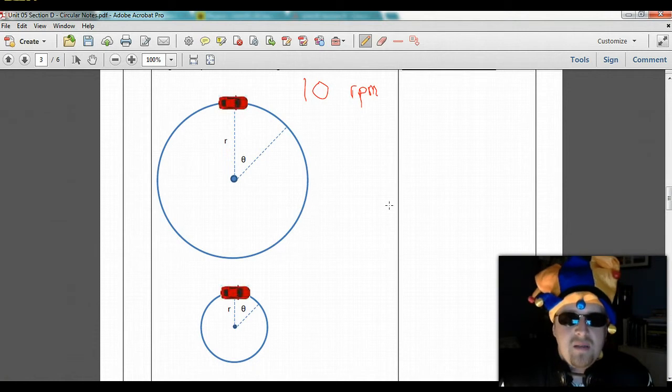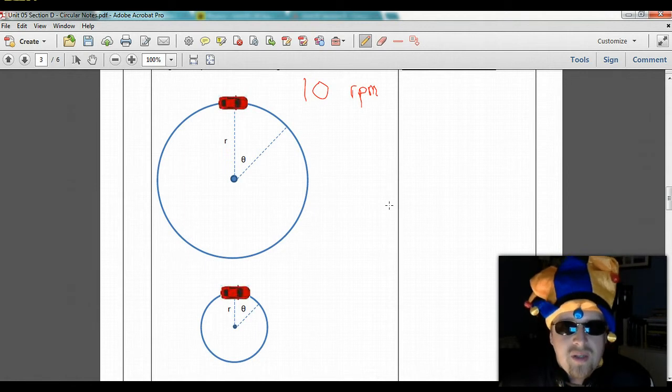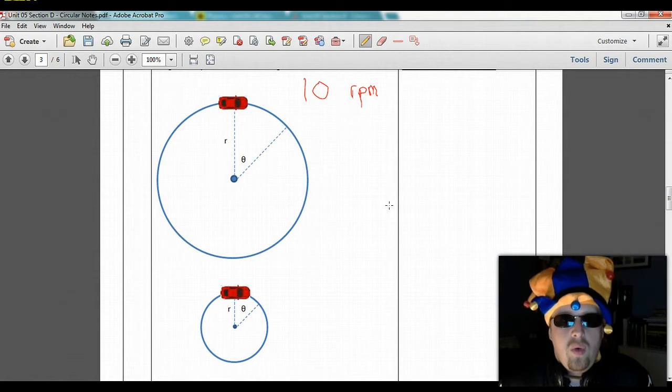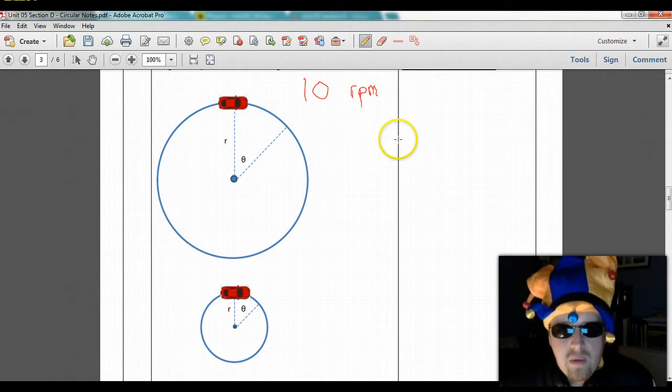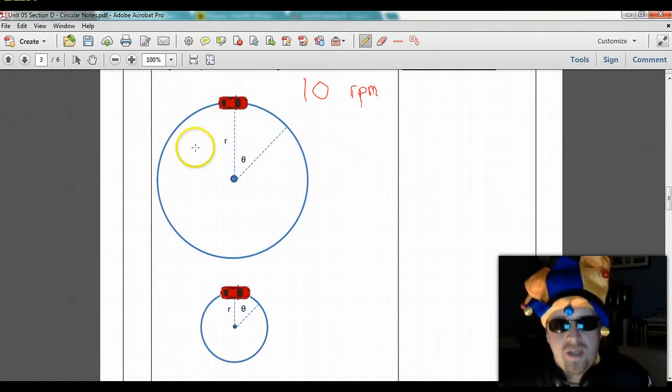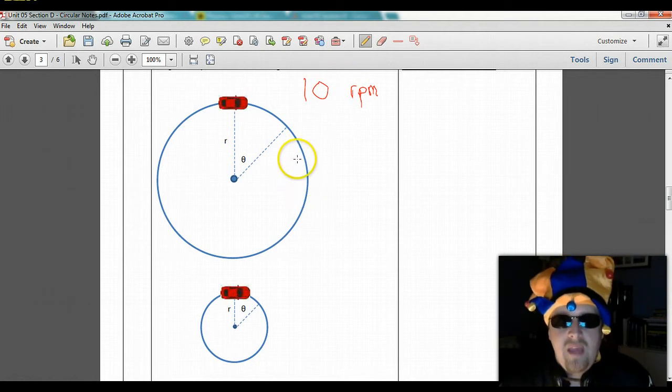Now, what this means is that each vehicle is completing 10 rotations, full 360-degree rotations, every minute. That is a great way of describing their motion. The question on the table is, are they traveling at the same speed? They are both completing 10 revolutions every minute, so it would seem that they were, in some way, traveling at the same speed, but are they